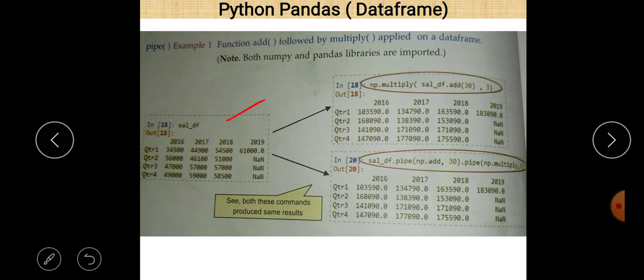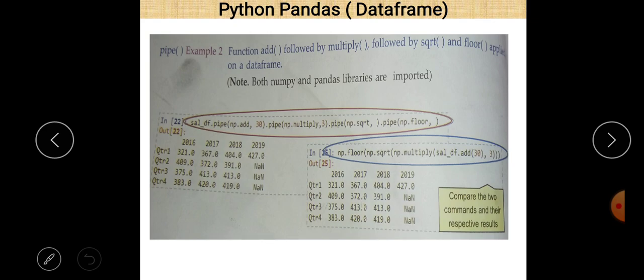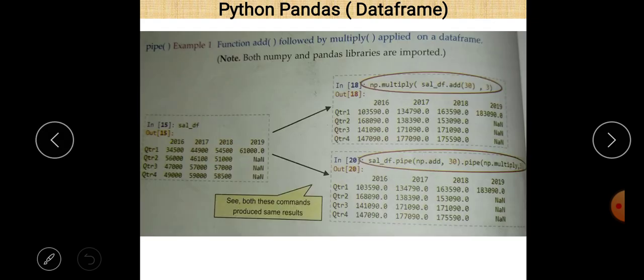Okay, this is a data frame here, and in this data frame if you want to calculate multiply, then just write np.multiply and multiply the whole table, all data frame self.df, and then perform the addition function also. So self.df.add